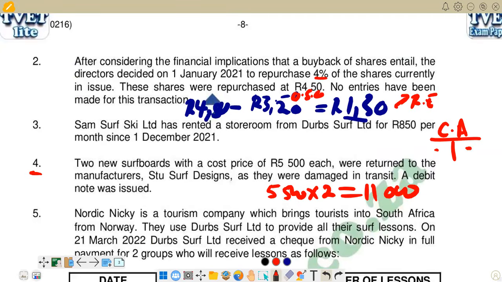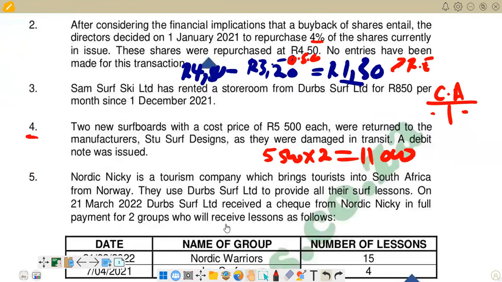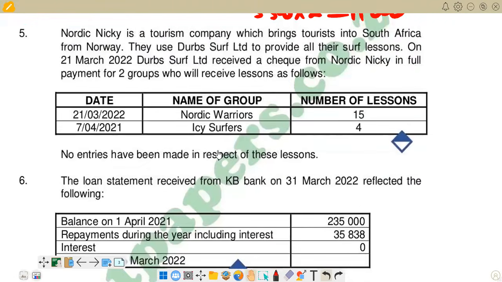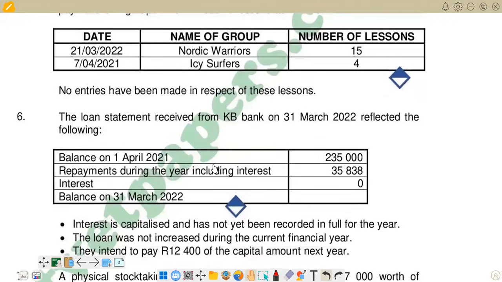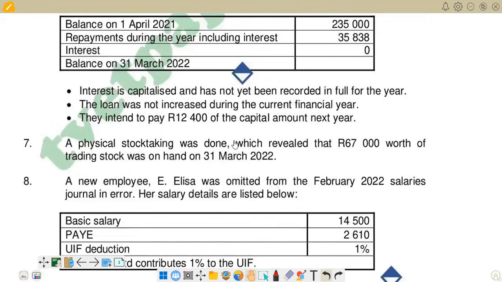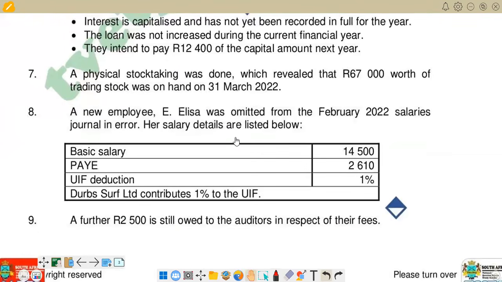We can go down, check for any payables. We see now we have a new employee, Elisa, who was omitted from the February 2022 salaries journal. Her salary details are listed below. So we have